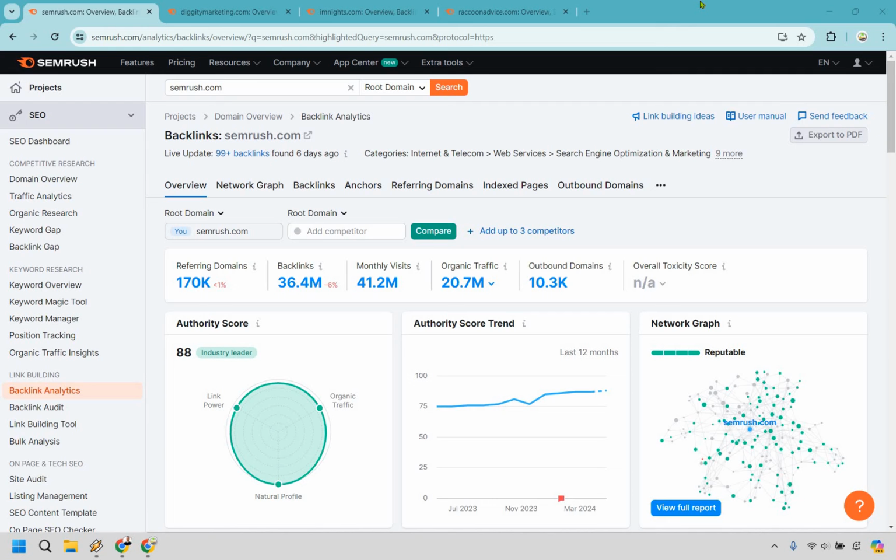So let's quickly talk about the Semrush Authority Score. If you're going to be using Semrush, or if you're just looking to get backlinks in the first place, this is going to be a very quick and helpful indicator about whether or not you should get specific backlinks from